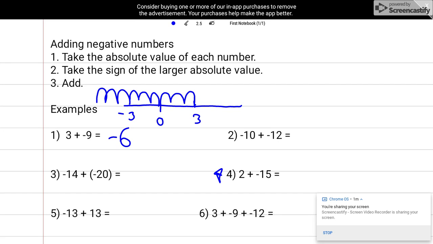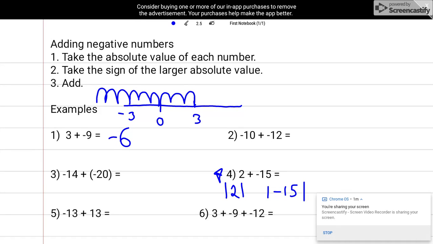Now I have 2 plus negative 15. The other way to really look at this is to take the absolute value of each of your numbers and determine which of these is going to be bigger. The absolute value of any negative number will be positive. So in this case, the absolute value of negative 15 is going to be larger